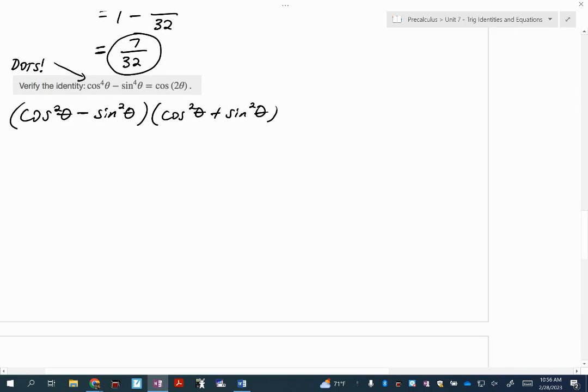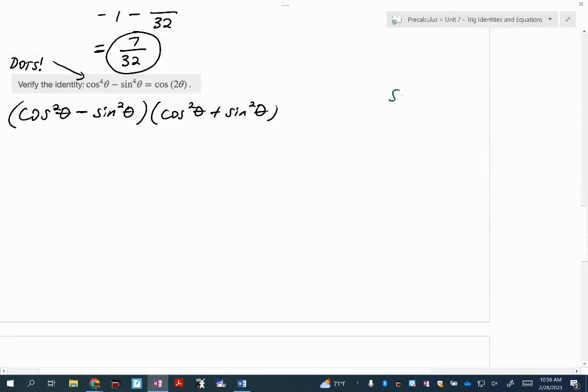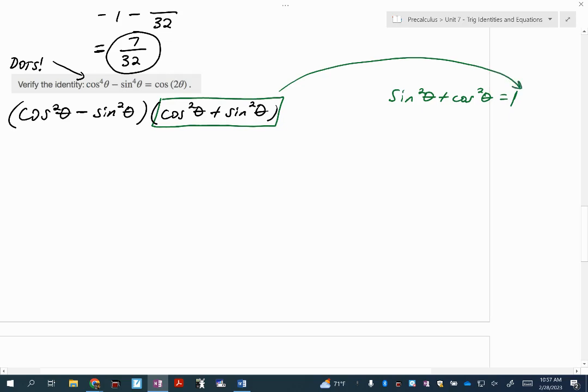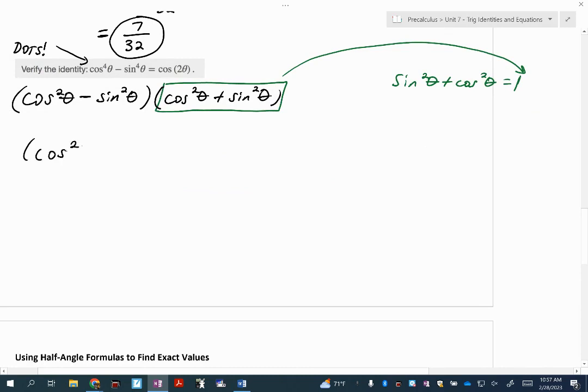And that makes me very happy now, because if you look back at the one we just used before, sine squared theta plus cosine squared theta is one of our Pythagorean identities, which is the same as 1. Even though the order is a little shifted, because addition is commutative, this is going to be equal to 1. So now I just get to bring down cosine squared theta